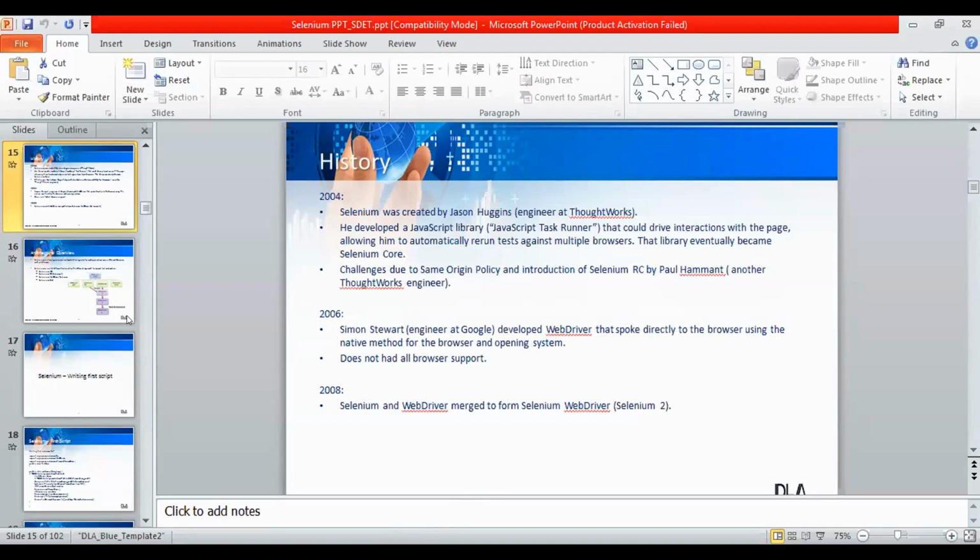Let me give it the name my first Selenium project. I've created a package, and in that package, I'll create one class.